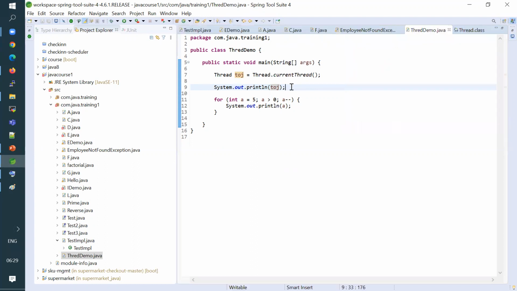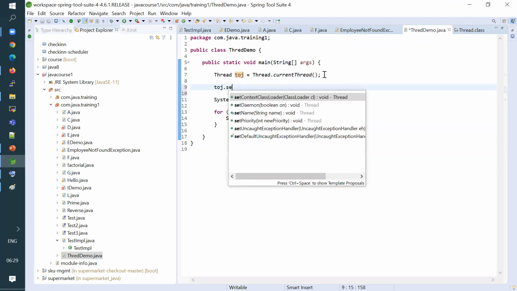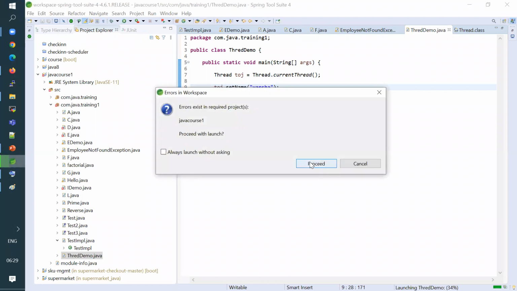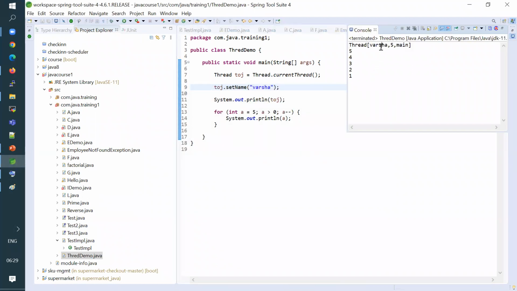And probably I'll just do something like t.setName, and I'll give my thread some random name. Suppose my thread name is Varsha, something like this. Now if you execute this, you can see the name of the thread is being printed here, and it is being called from the main method. It's just simple output.